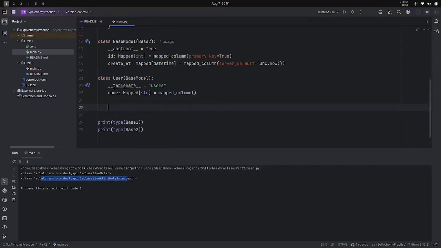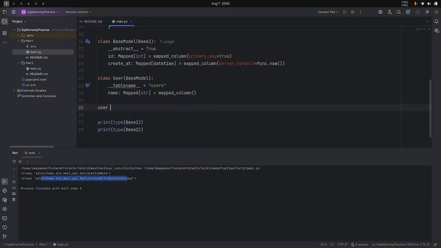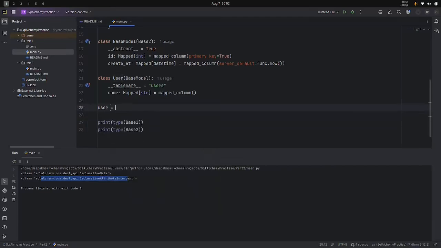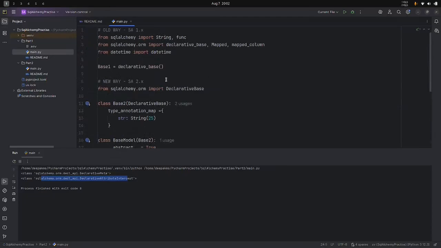And this will be another advantage when you are using the 2x method. You will get a type annotation. If I create a user and type user dot id, these annotations will be shown, and these annotations have another explanation also. We will get into that. And what actually happens with the type annotation if you try to access anything from this base